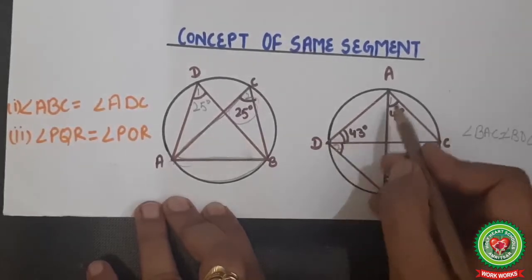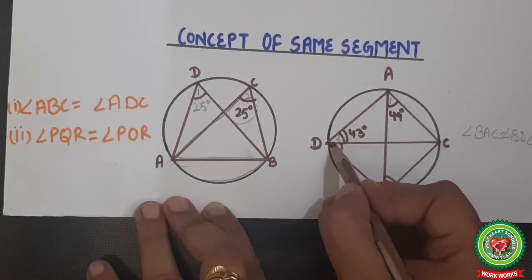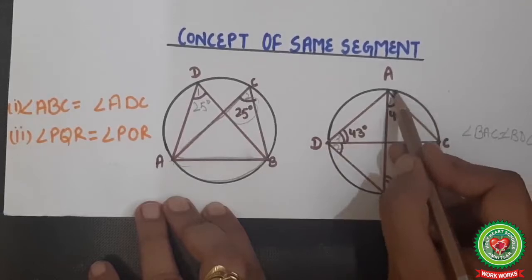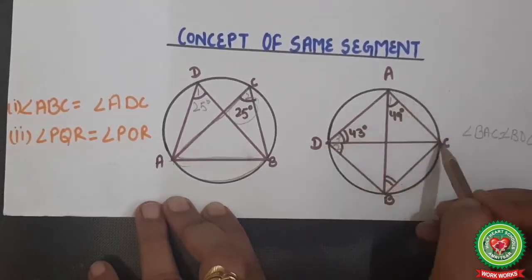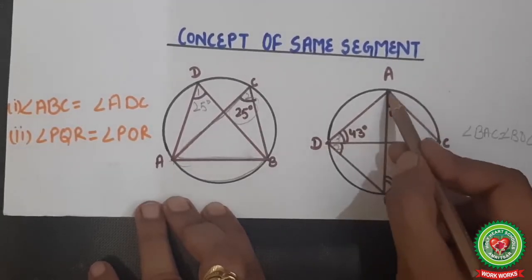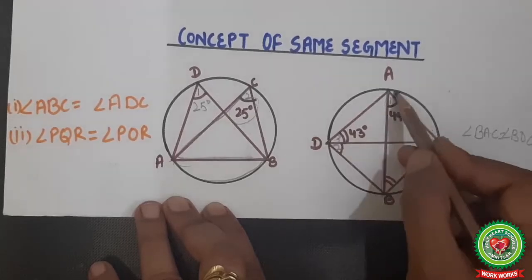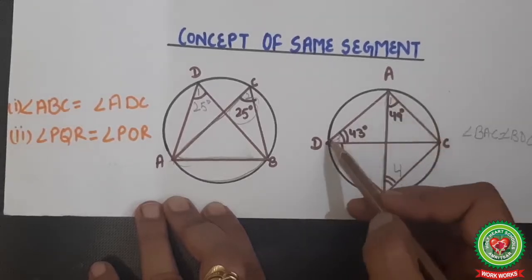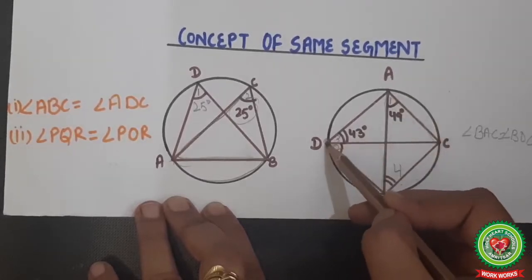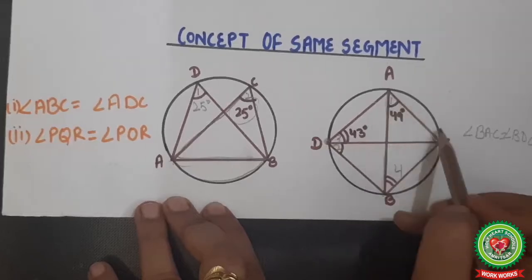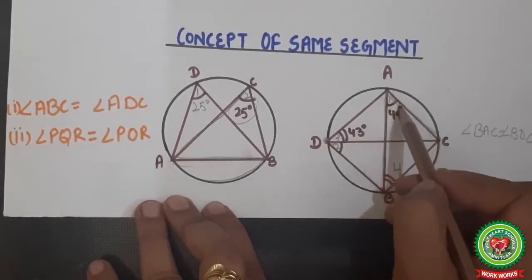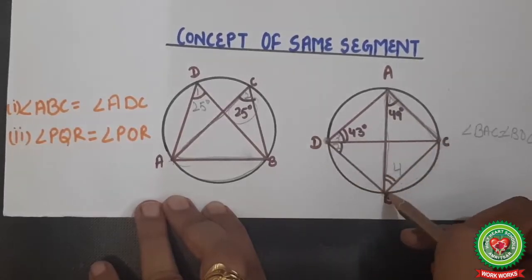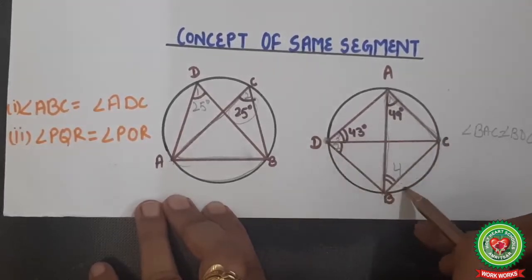Students, there is one more angle in this figure, that is this one, angle 3. This angle 3 is made on which arc? This angle is made on arc AC, that is angle ADC. Now on AC, which other angle is there? See this one, angle B, that is angle ABC. So this angle will be equal to this. We have to see the end points only. See, D is here, and D is made on which side? That is on AC. And similarly from AC, which angle is made? This one, angle B. So these both angles will be equal. So angle 3 is equal to angle 4.